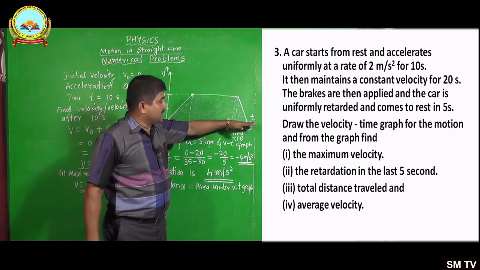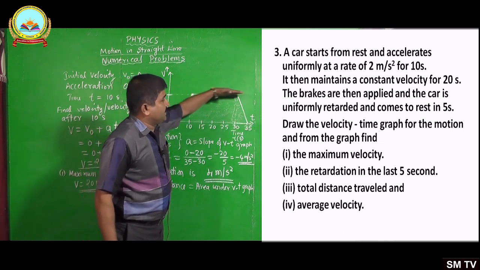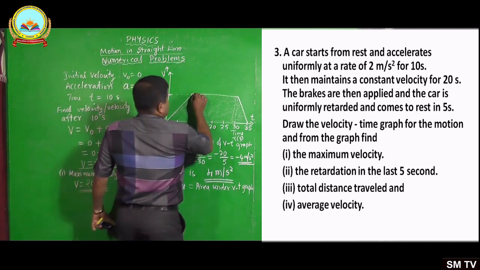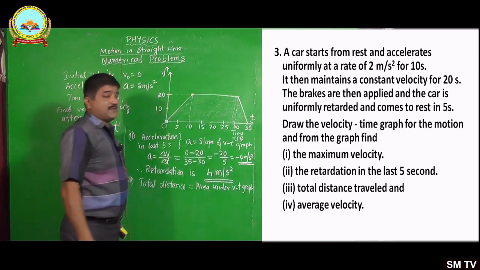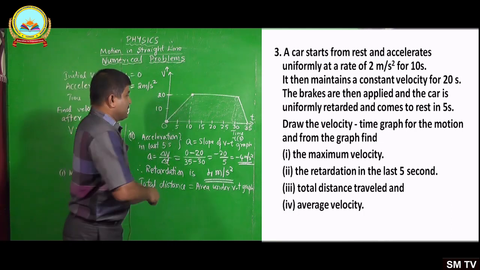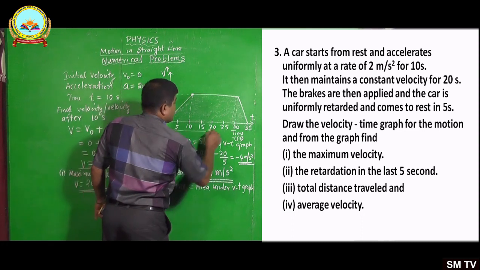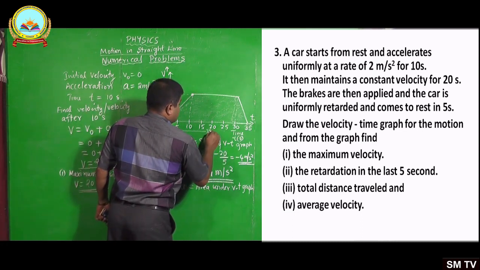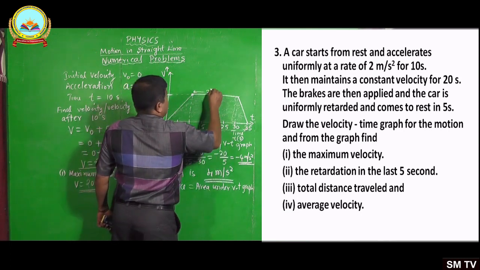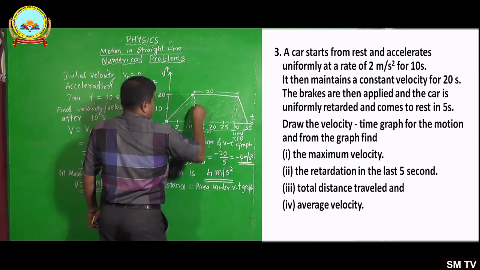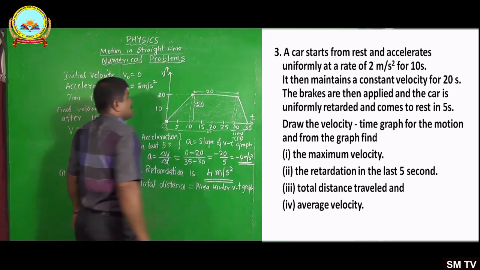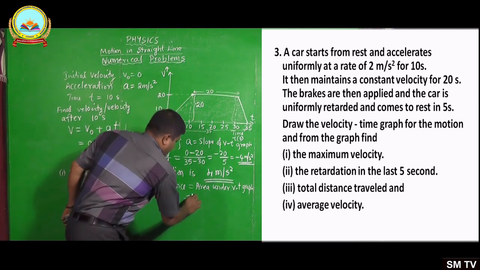So here in the figure, the VT graph is a trapezium. Why? This base, 0 to 35 seconds, and this line are parallel. So one pair of opposite sides are parallel, hence it is a trapezium. Area of trapezium, we have studied, is half into the sum of parallel sides multiplied by the perpendicular distance. The parallel sides are 35 for the base, and 10 seconds to 30 seconds, so it is 20. The height, or perpendicular distance between the two parallel sides, is 20. So the area under the VT graph equals the area of the trapezium.